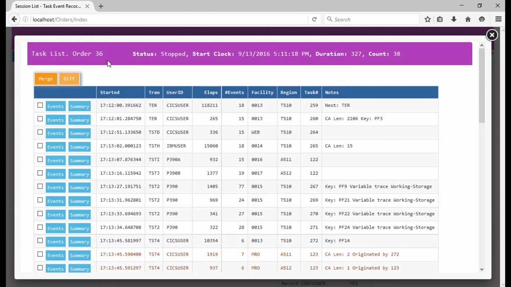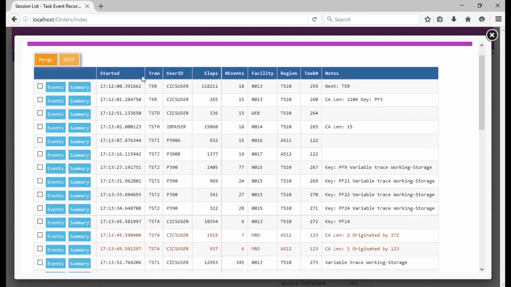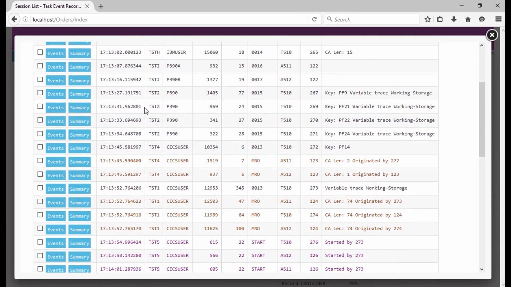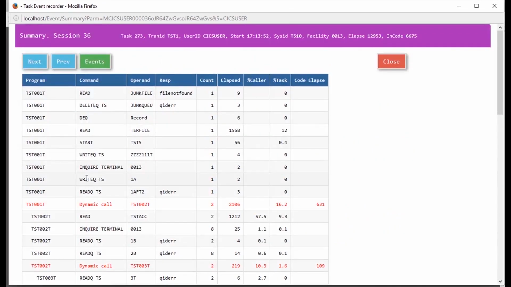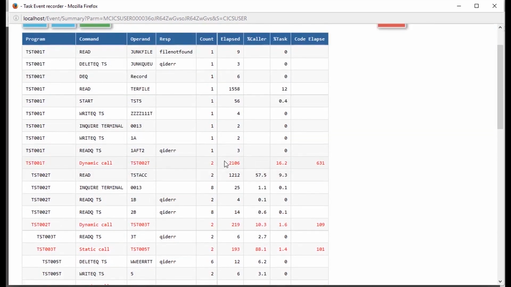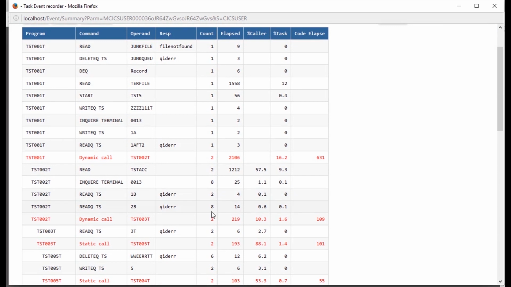TFR provides summary information for each recorded task. Click the Summary button of the selected task. The count column shows the number of times each command executed. The named program TST001T issued a dynamic call to TST002T